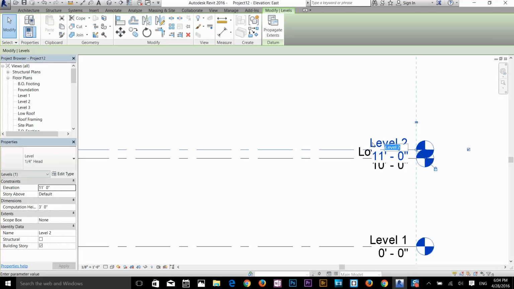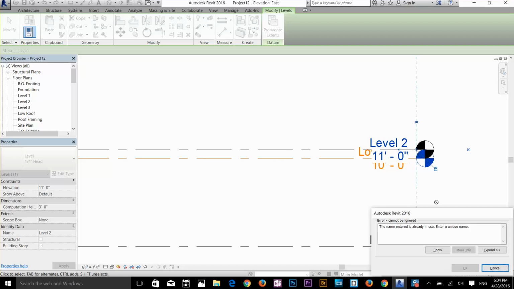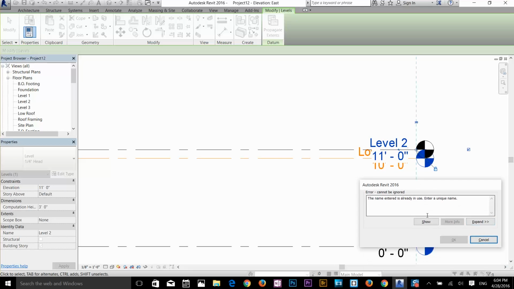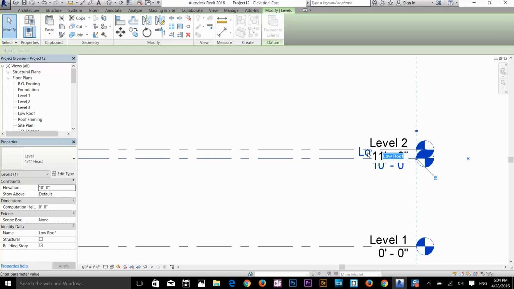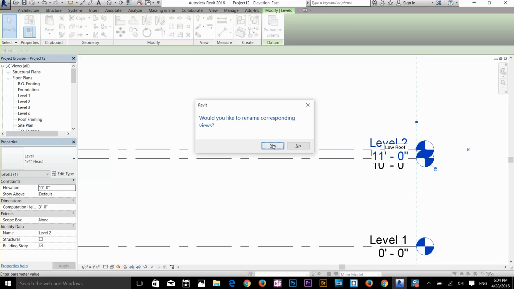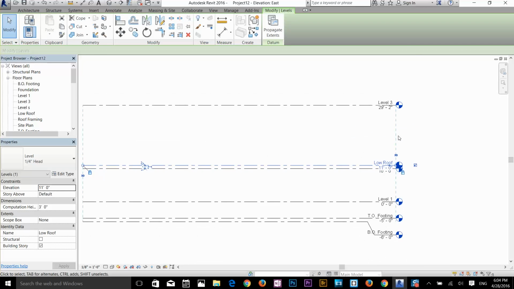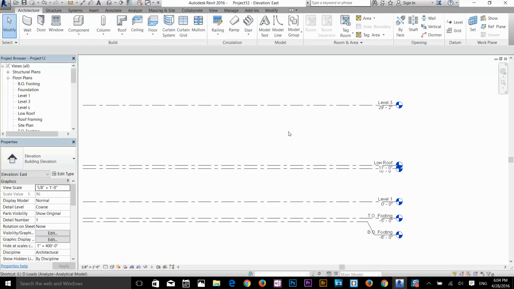This is going to be our low roof, and it's giving me an error because this is the same name we had before. So I'm just going to change this name to level, let's say level 2. I'm going to click yes, that's right, and then I'm going to change this name to low roof, that's right. So we got that, and now I'm going to add another level by typing the LL command,